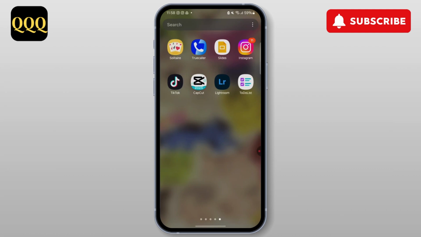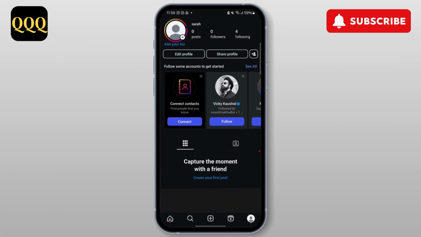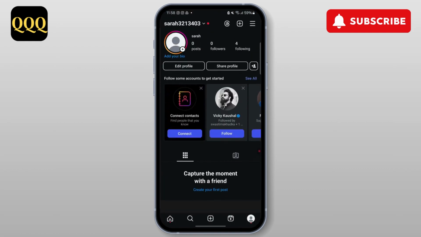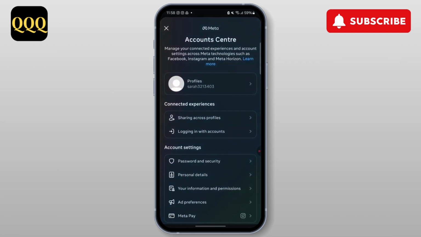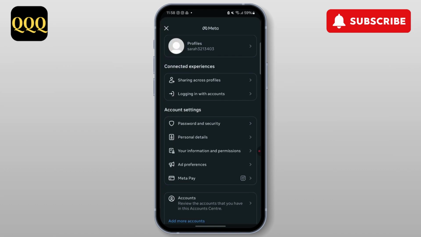So basically, firstly, go to Instagram, go to your profile page. At the rightmost corner, you can see there are three lines. Click on it. At the top, there's Account Center, where there's password, security, personal details, and preferences. Click on it. You can see there's lots of things, but just go to the personal details right over here